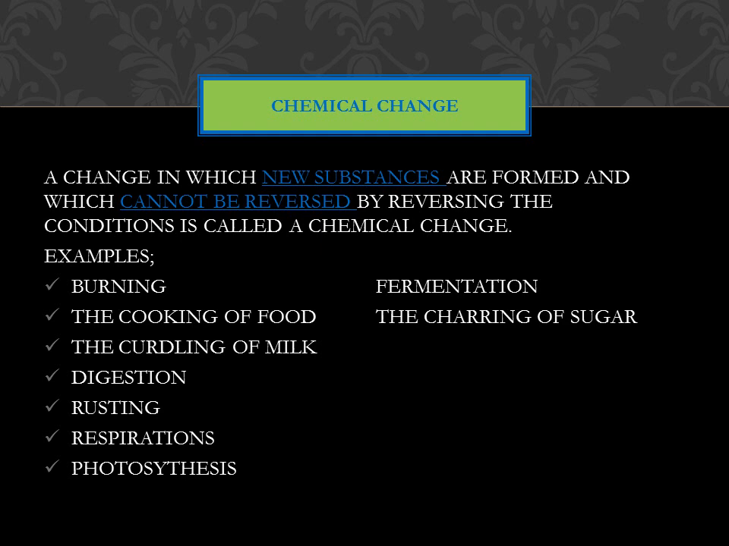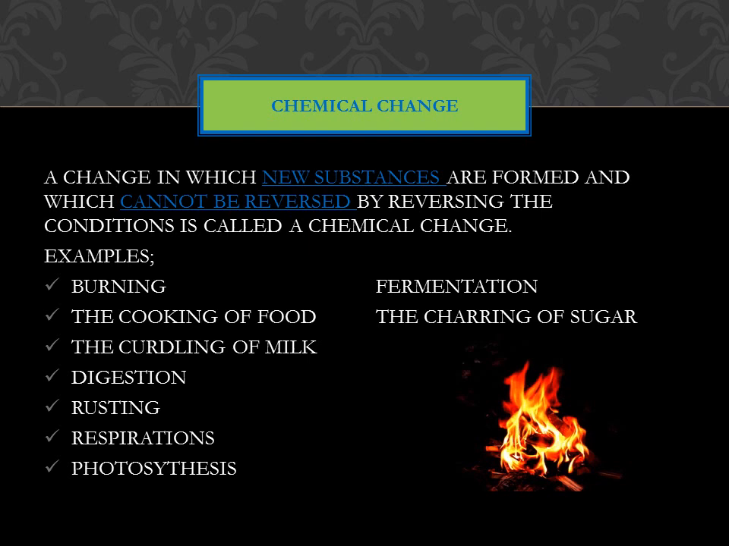The charring of sugar. When sugar is heated, the water gets loosened and vaporized, and a black residue of carbon is left behind. The change is irreversible and therefore it is also a chemical change. So I hope you have understood the difference between a physical change and a chemical change. Now let us move to the next topic, that is